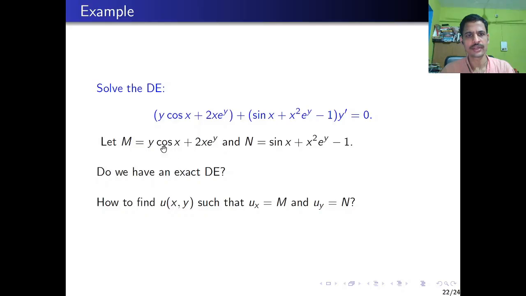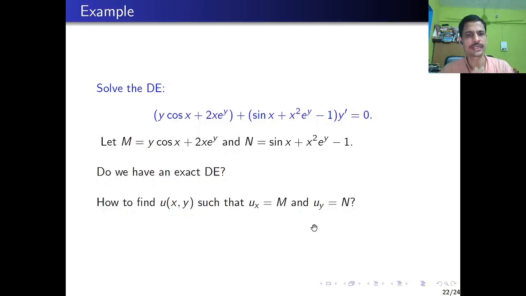And you have to take the partial derivative of M with respect to y, so you get cos x plus 2x e^y. So you see that N_x is equal to M_y. So it is an exact differential equation. So now the next step remains